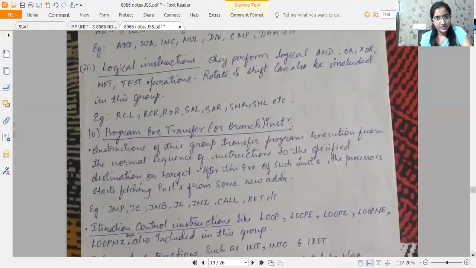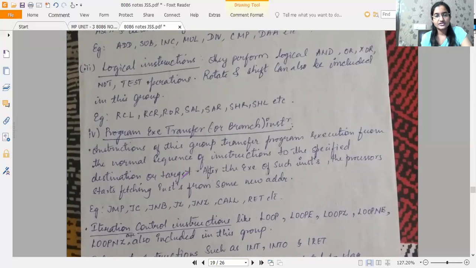Next, program execution transfer instruction. What does that mean? Instructions of this group transfer program execution from the normal sequence of instructions to the specified destination or target.